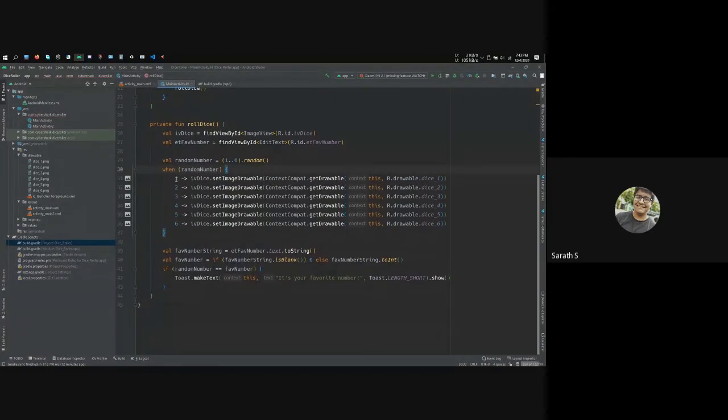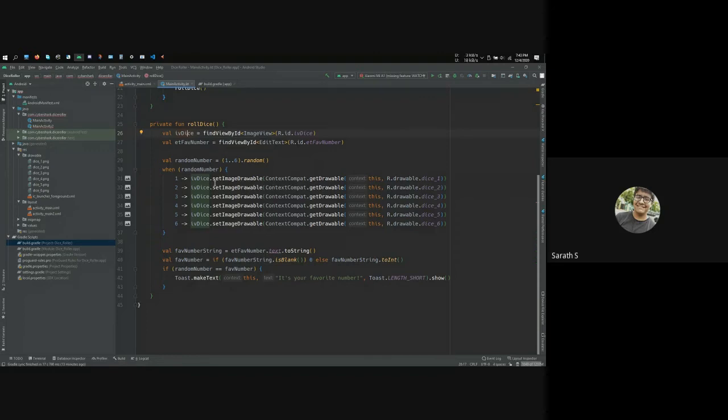So if the random number is 1, this statement sets the image to dice 1. I'll be explaining this. Then there is 2, 3, 4. It sets all the dice images to 2, 3, 4. That's what this function does. So the function used to show images is, you first of all call it on the image view, right? You need to set the image to the image view.